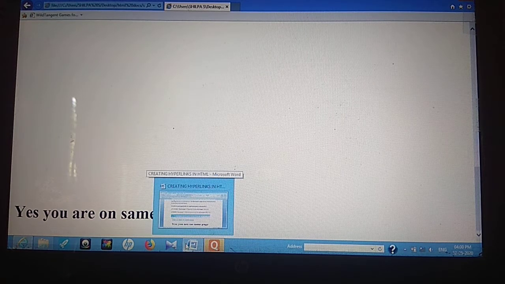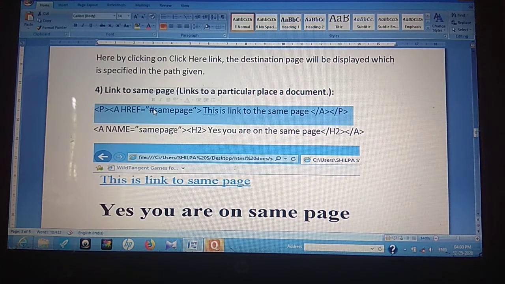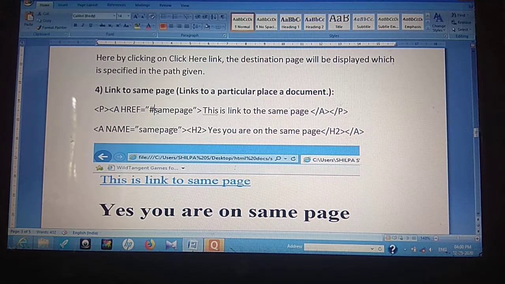I have to use a name attribute. The name attribute is used to assign some name, and I'm going to call it using a hash. This hash is a special sign which helps to include the names of the links that you are going to create.